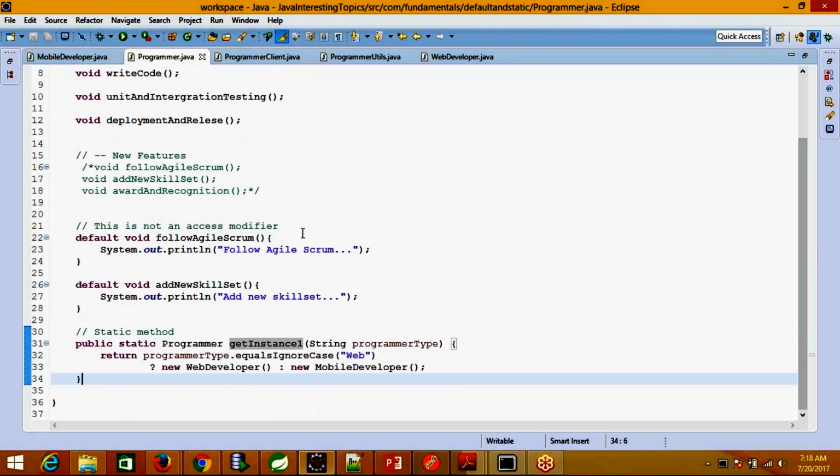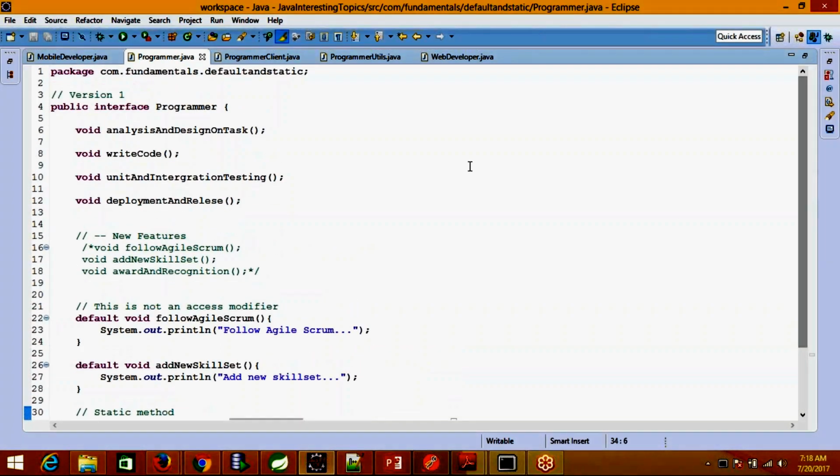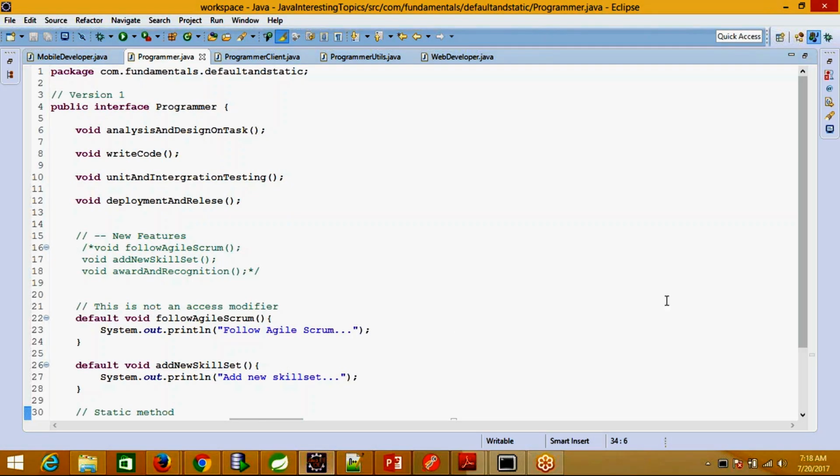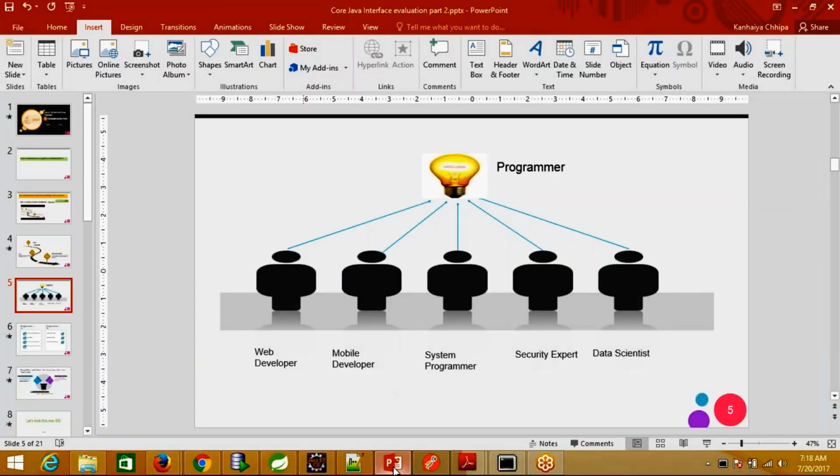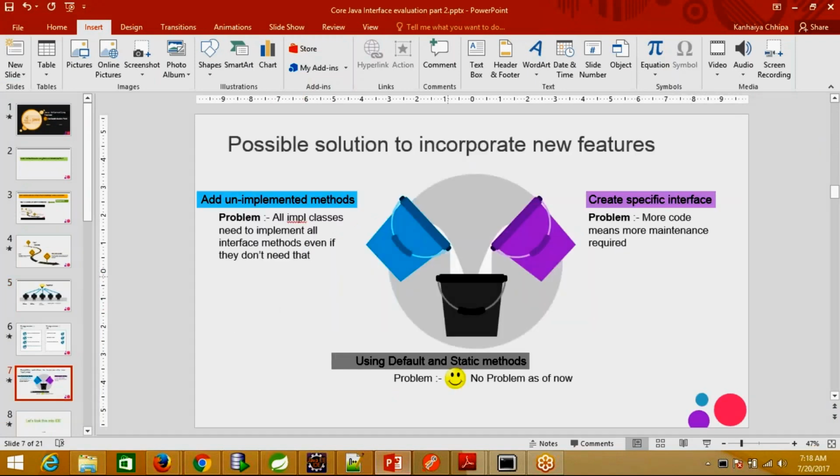interface itself. So a lot of things we get to know along with this session, that we have seen a few designs, like the earlier designs we used to do whenever there are some changes expected in the interface. Then what were the consequences, what were the earlier three designs we used to do before Java 8, and now we have seen that in such a smooth way we can implement those things using the default and static method in the interface itself. So now let's come back to here.